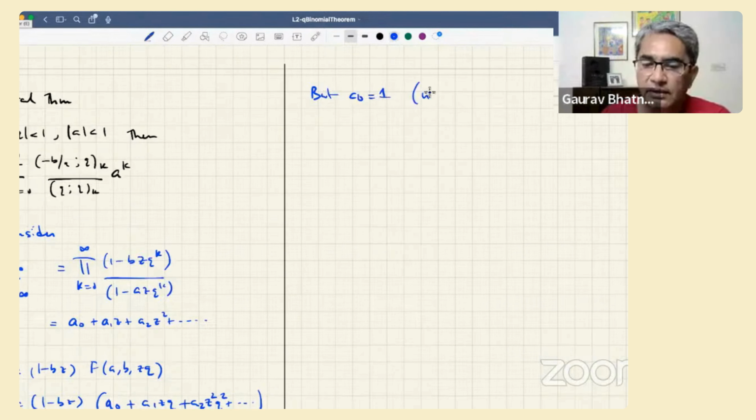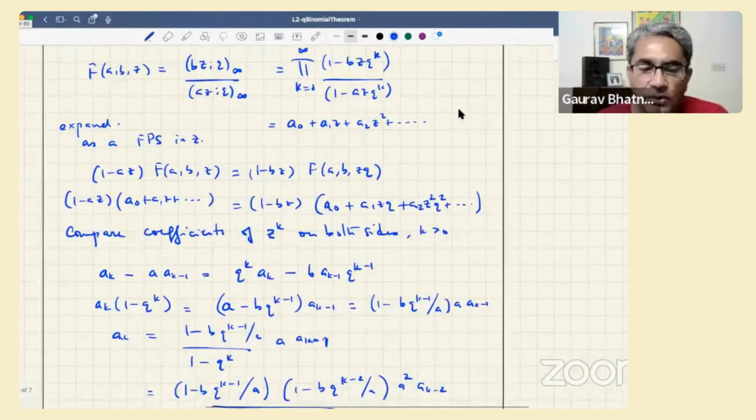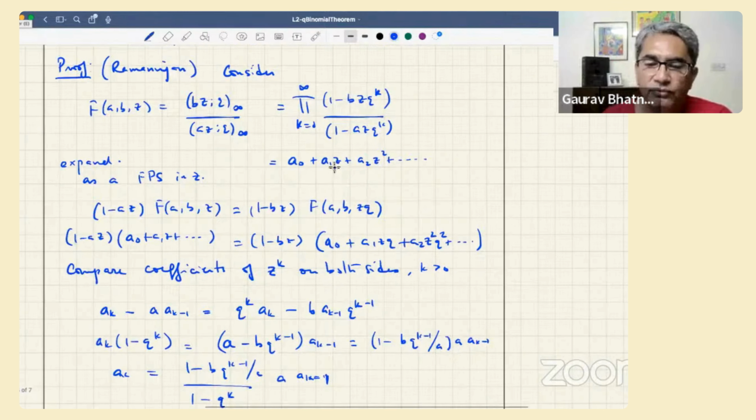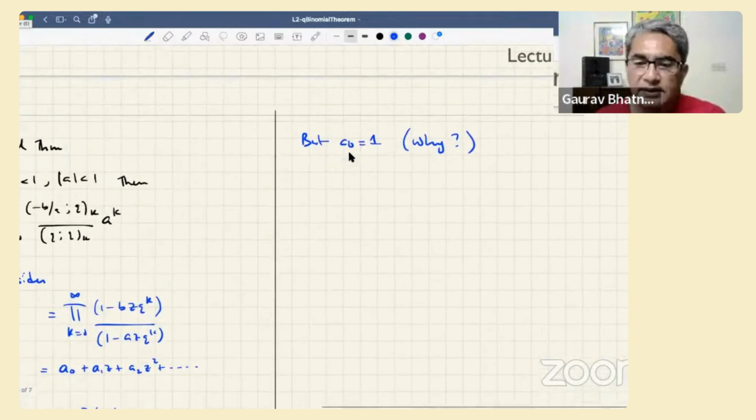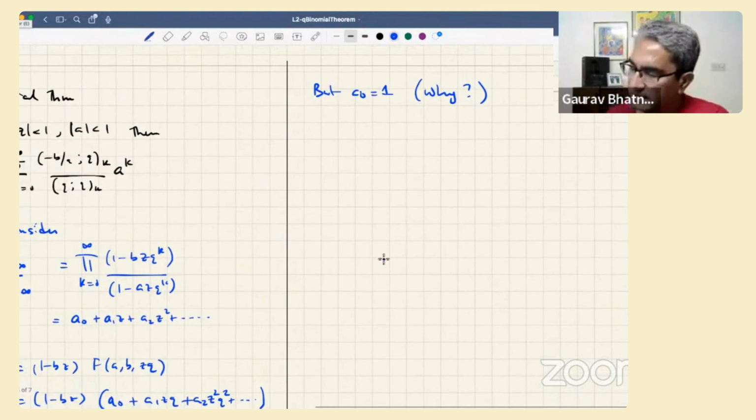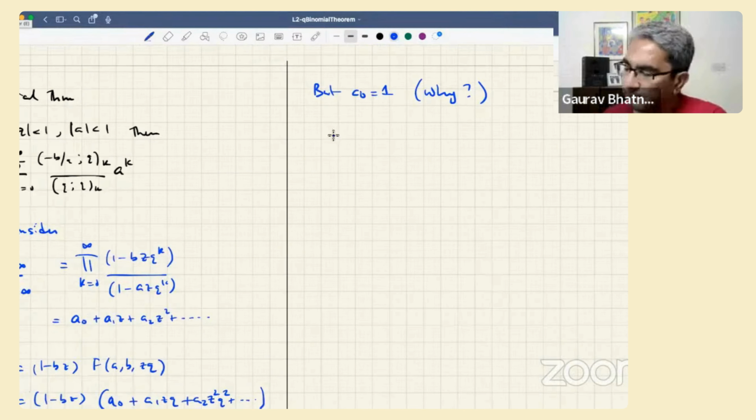A0 is 1. Why is that? If you go back to the same thing and put z equal to 0, you'll get A0, which is going to be 1. So A0 is 1. So ultimately you get, as formal power series, we get